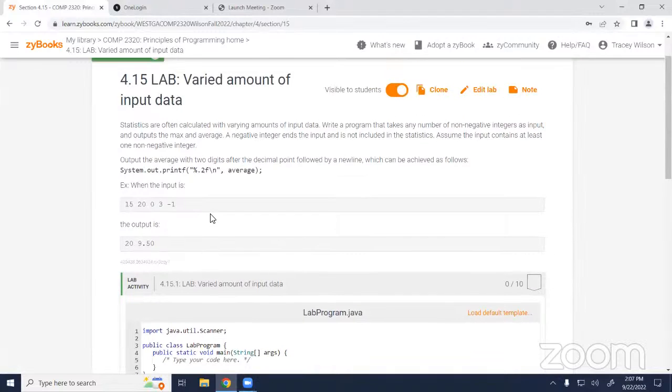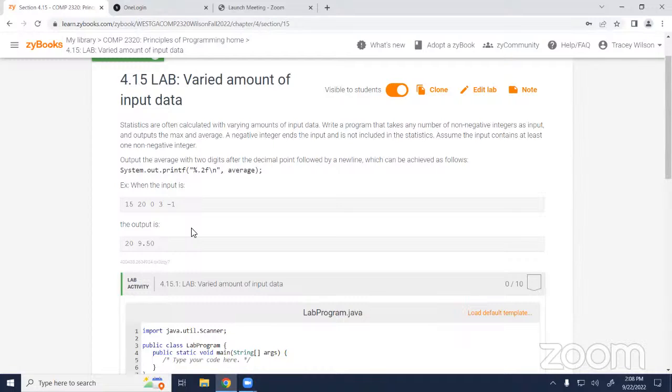I assigned 4.14, but I didn't assign 15, if my memory is right. So I thought we would do that one together. If we have enough time, we'll do the next one, 16, also, which didn't get assigned because I felt like it was one that we do a lot where we count letters and stuff. So I tried to pick the interesting ones for you guys to do. May not have worked, but in this one,